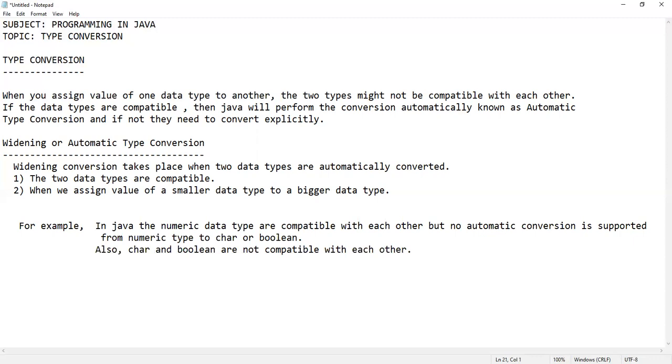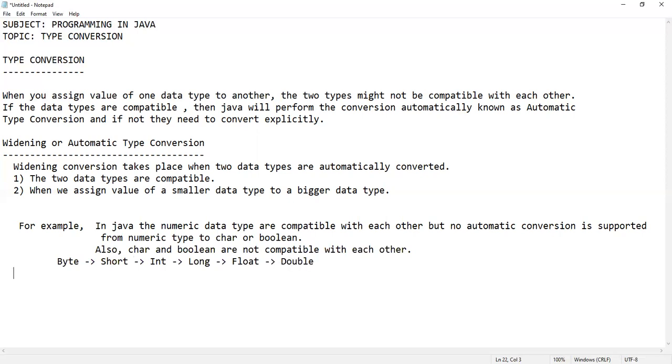Now these are some conversions: byte to short, integer, long, float, double.